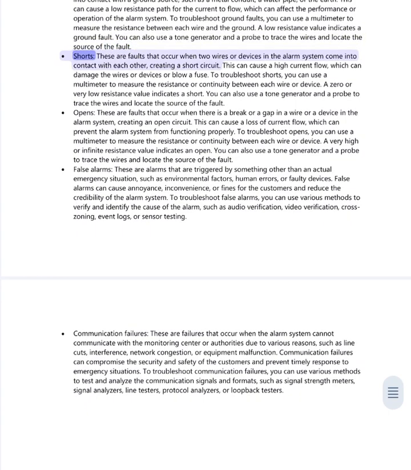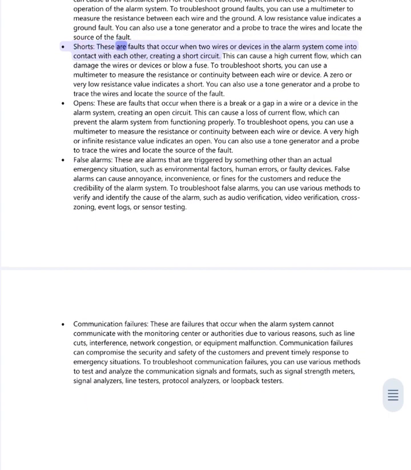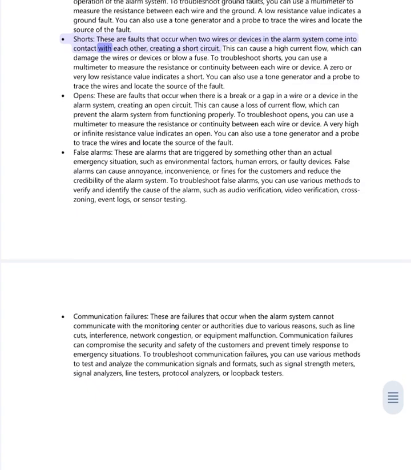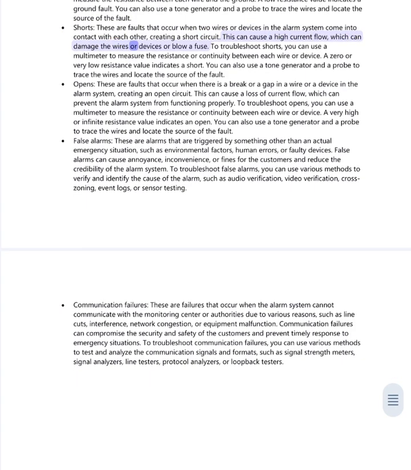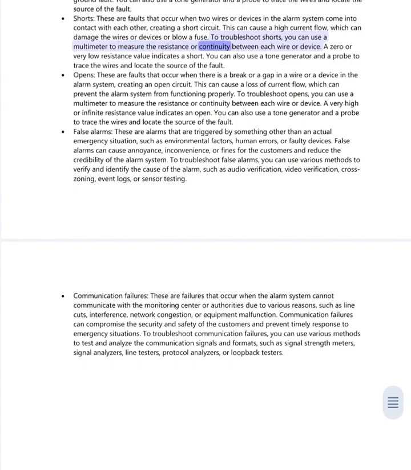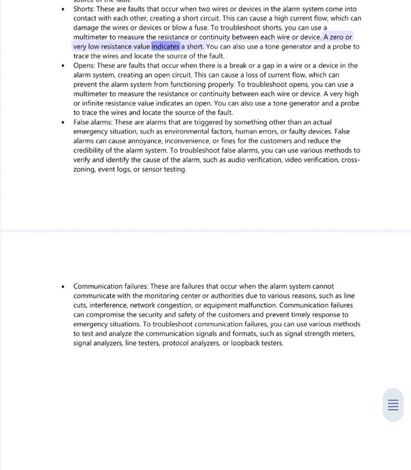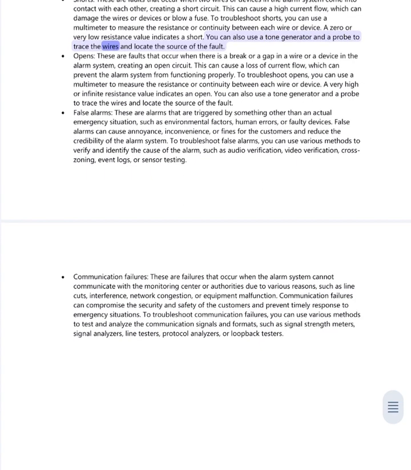fault. Shorts. These are faults that occur when two wires or devices in the alarm system come into contact with each other, creating a short circuit. This can cause a high current flow, which can damage the wires or devices or blow a fuse. To troubleshoot shorts, you can use a multimeter to measure the resistance or continuity between each wire or device. A zero or very low resistance value indicates a short. You can also use a tone generator and a probe to trace the wires and locate the source of the